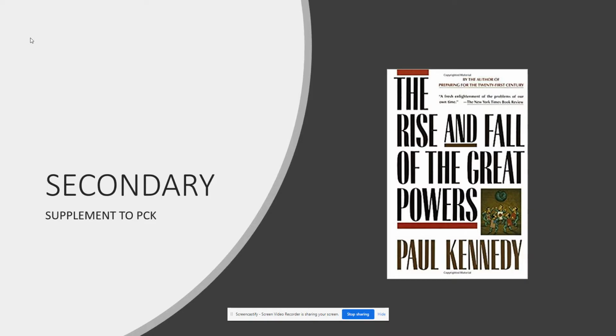Another book that I use is The Rise and Fall of the Great Powers by Paul Kennedy. And I use it sparingly. I choose some select chapters. This is a challenging secondary source. It focuses, obviously, as you're looking at the title,